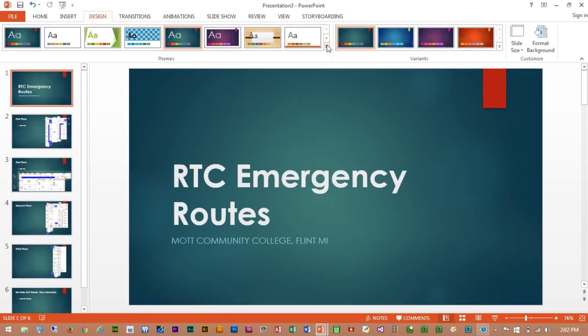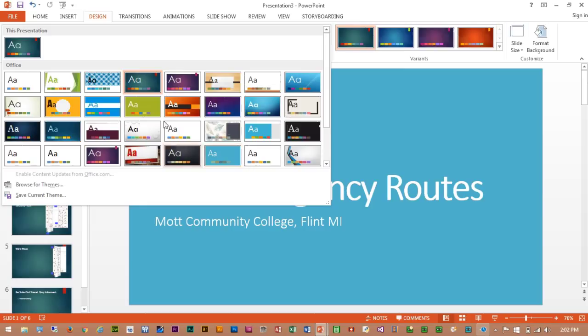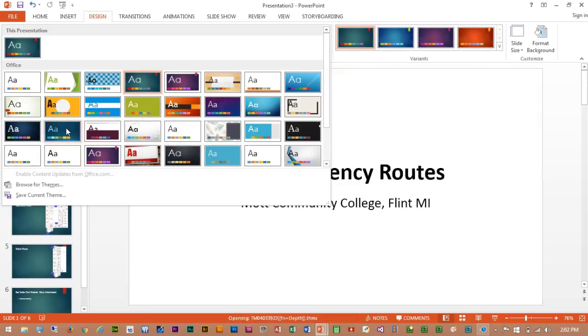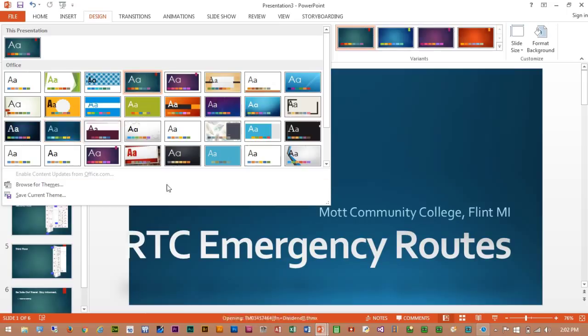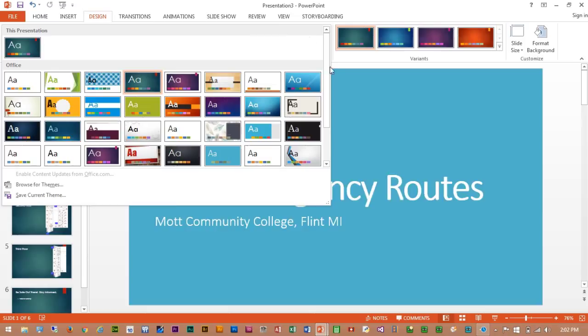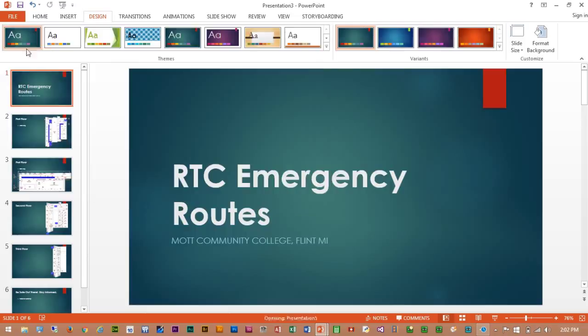As I demonstrated, you can take your pick of whatever theme you want. You can change colors through here. You can do all kinds of different things to it. You can modify the theme if you don't particularly like one element of it. Don't be afraid to go in and change it after you choose it. So now let's just add a few quick transitions, and then we can view our slideshow and wrap up this